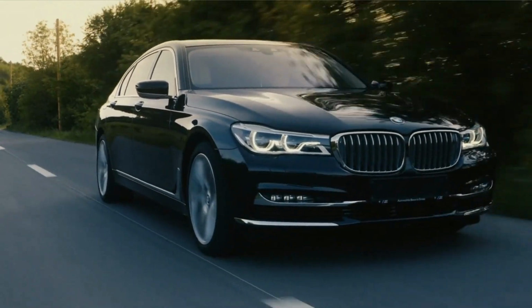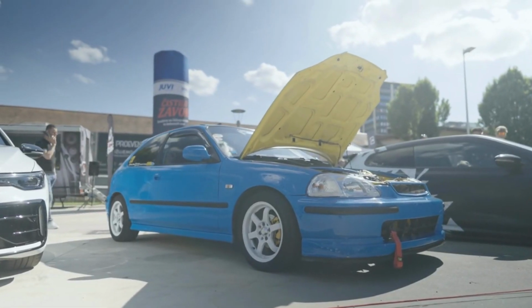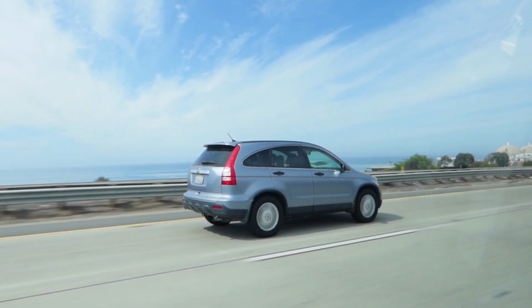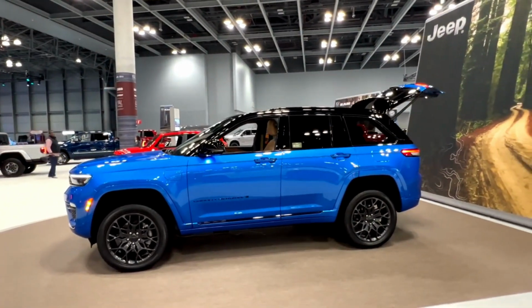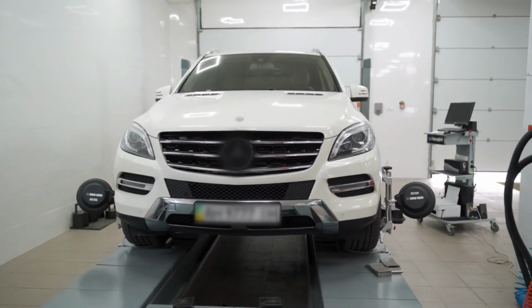Imagine putting 300,000 miles on a car and it still starts without drama. Not a truck, not a bare-bones fleet vehicle, an SUV you actually enjoy driving. Today, we're counting down 10 SUVs that real owners say hit 300,000 miles and beyond, plus the maintenance habits that